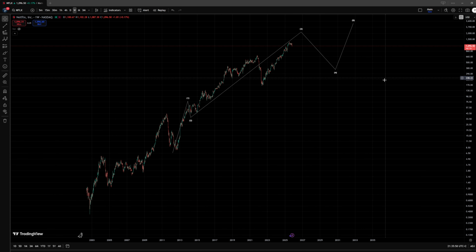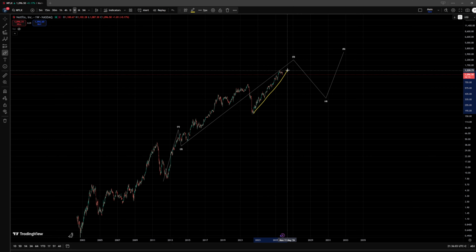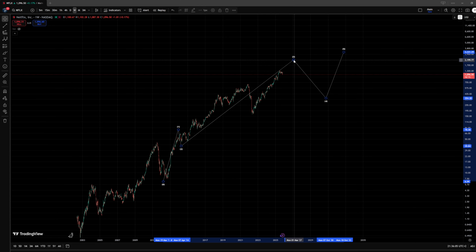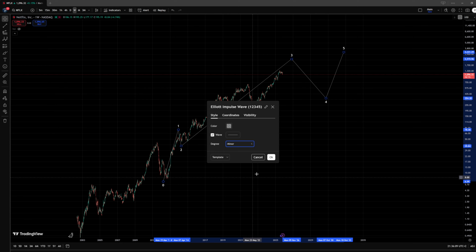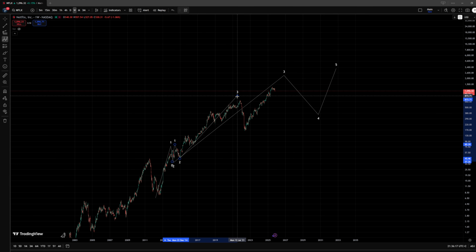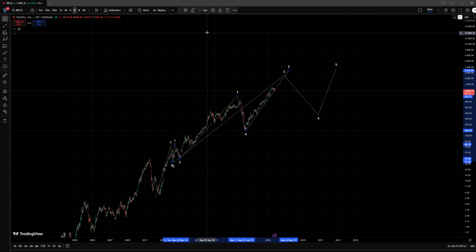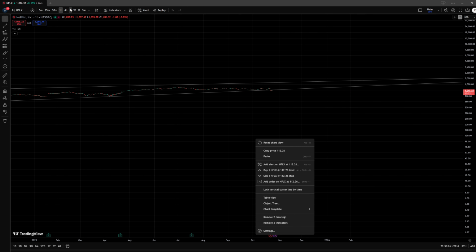Now, before we actually get to complete this wave 3, we do still need to complete this fifth wave to the upside, which I believe we still have quite a way before we are able to consider that complete. It could be built as an impulse, it could be built as a diagonal structure, and for now I will attempt to track it as an impulse. And in that idea, internally within this structure, we can zoom in a bit now,